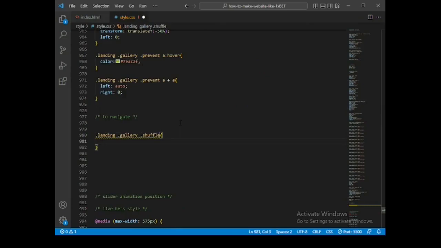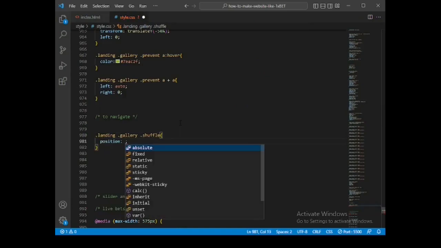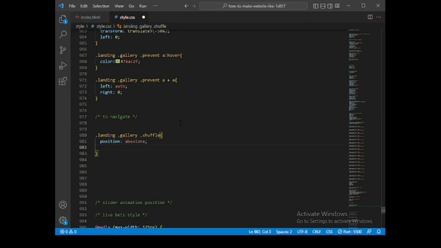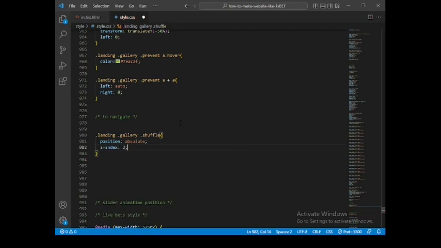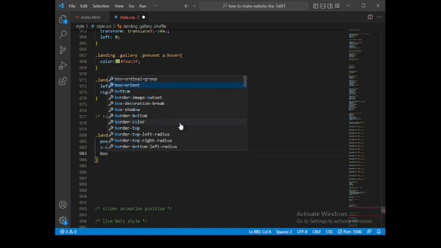Position absolute, z-index, let's set it to 2, bottom 0,